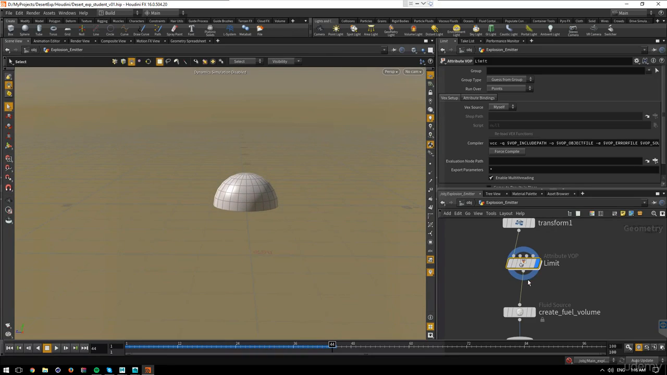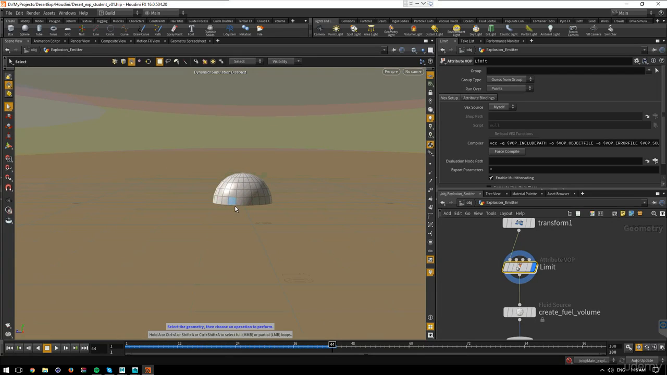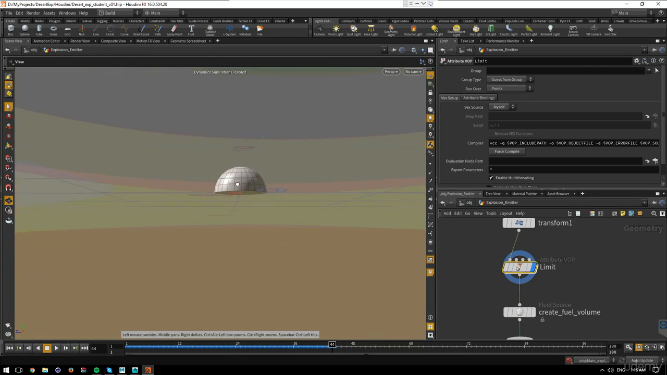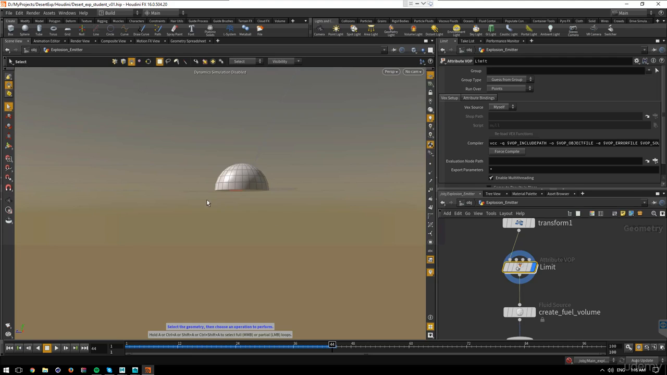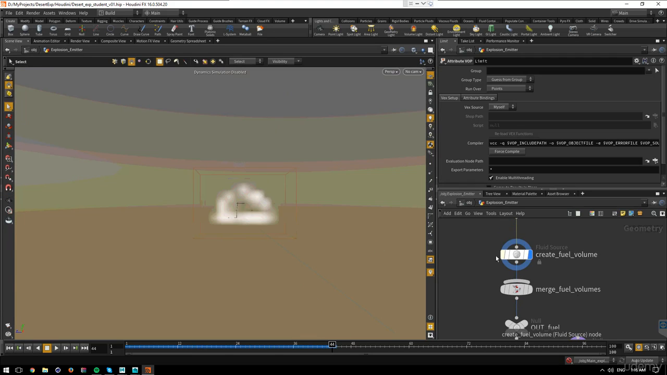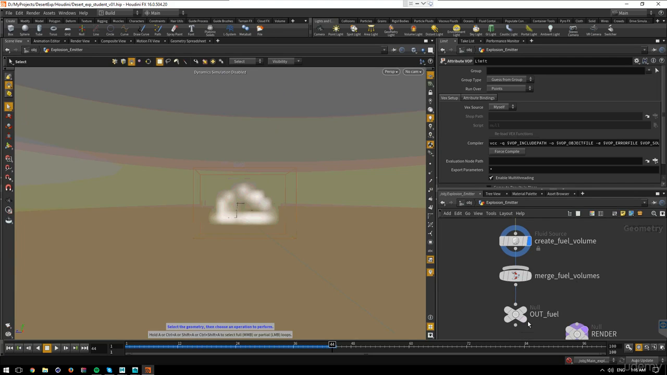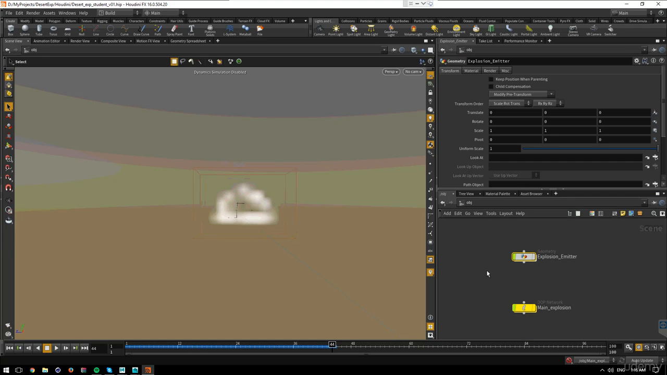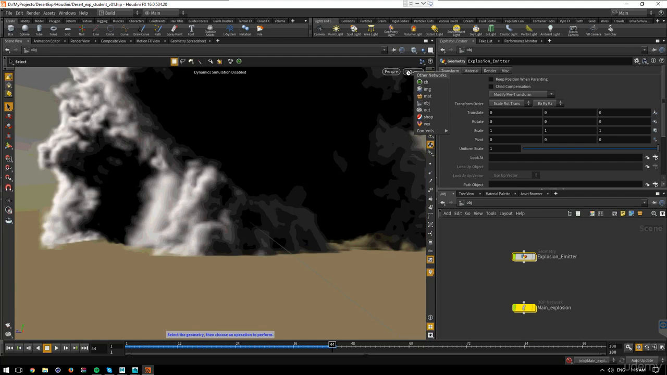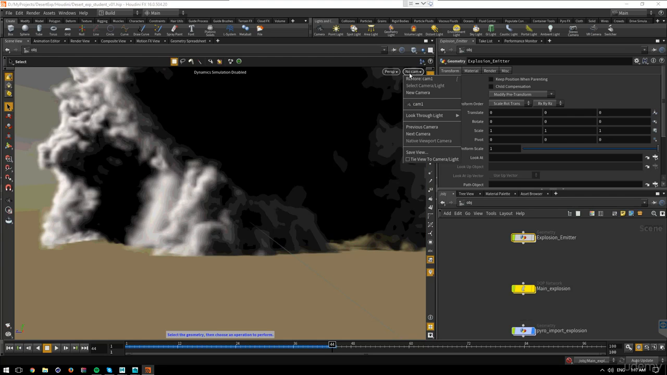Okay, so don't worry if you don't understand that. This is not important, so you can just delete the half bottom of the sphere. Okay, and this is the flute source and this is the null. I will go to the object level now and let's go to the camera. Okay,